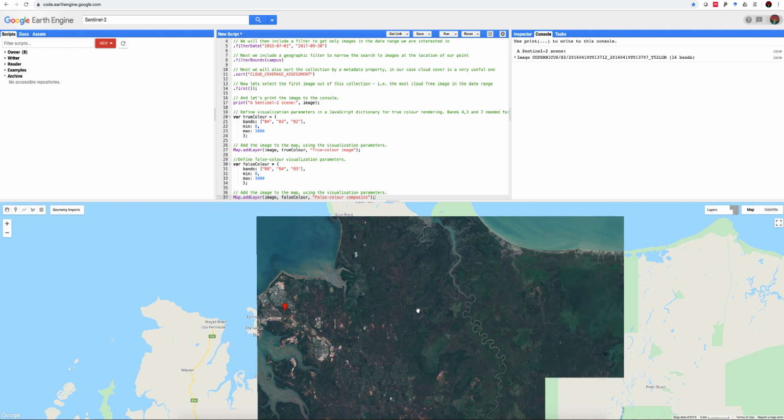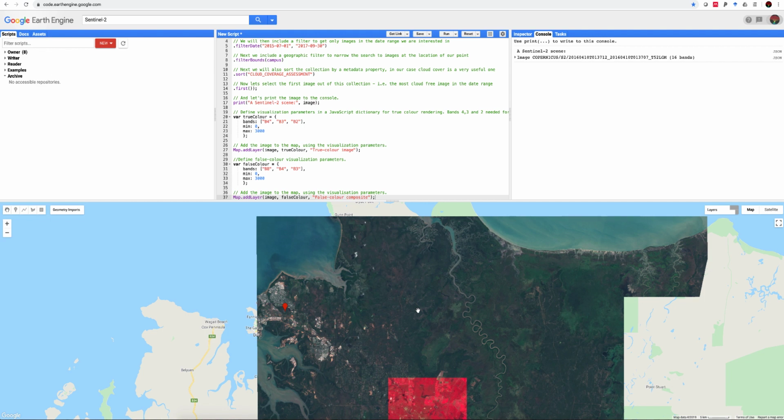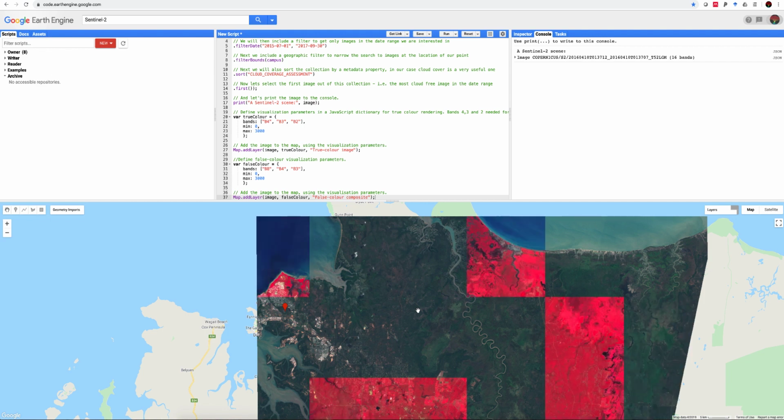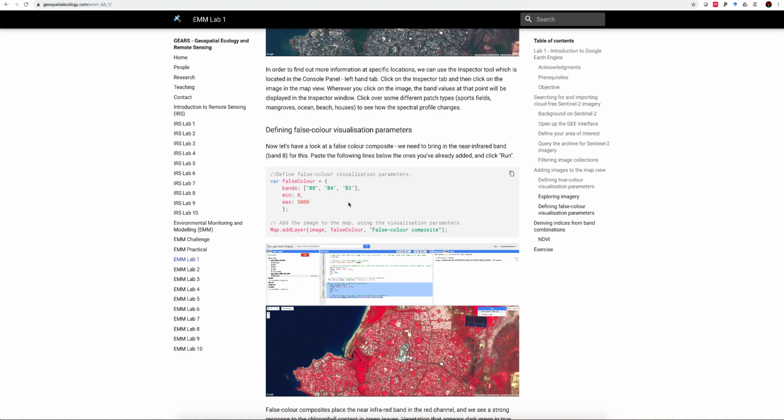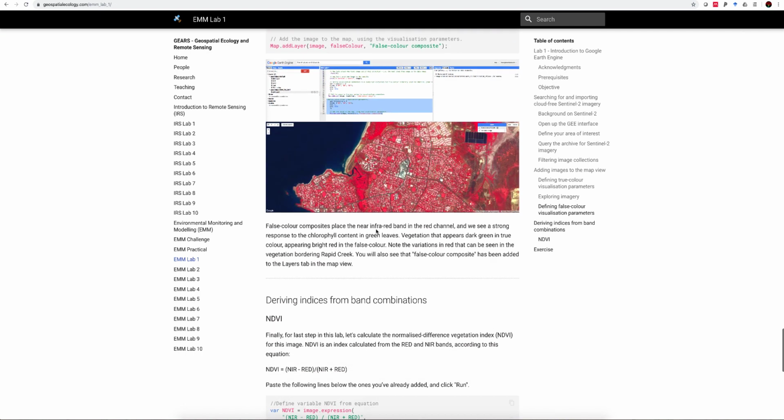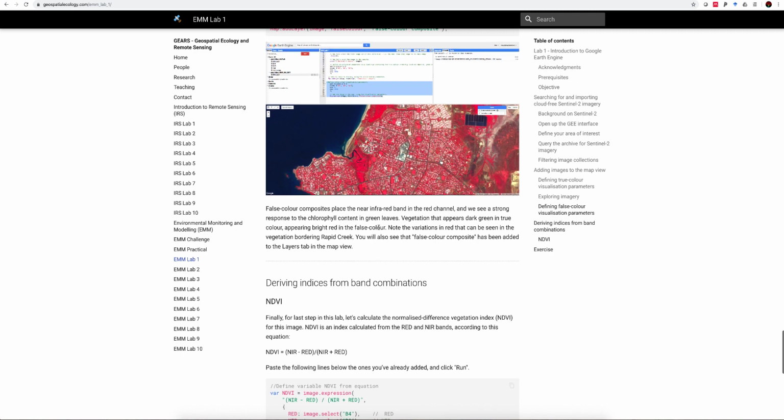Here's the true color image. And now here comes the false color on top. The false color really accentuating the green photosynthetically active vegetation. Okay, that brings us to the next point, and that these, just by visualizing different color combinations, can be very powerful, but sometimes we want to be more quantitative and derive